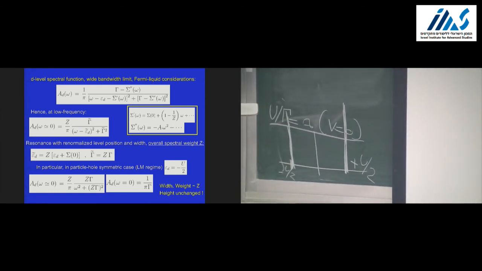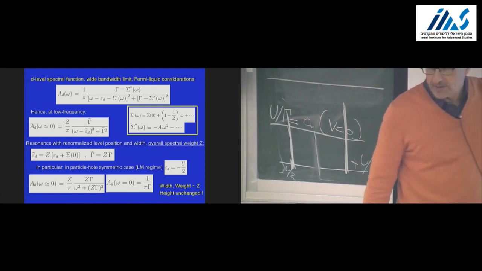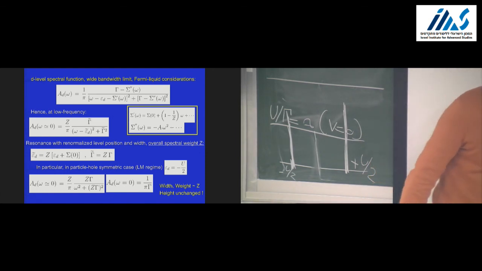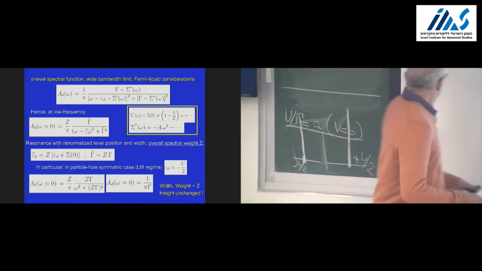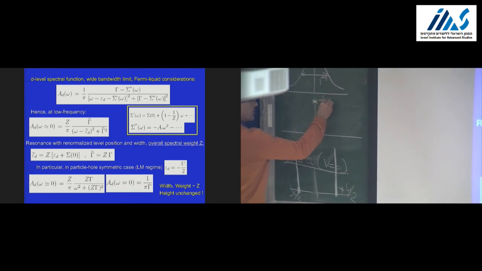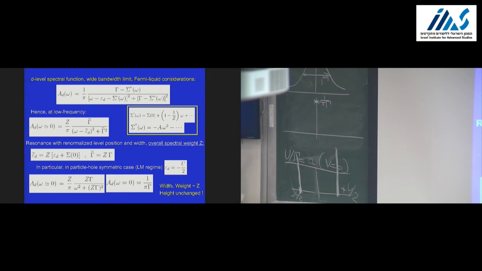What I've shown to you here, just based on local Fermi liquid considerations and the regularity of perturbation theory, is that in between there should always be something here, right? And that this something actually has this remarkable property that if you look at omega equals 0, z completely disappears, as you see from here, and its value is exactly 1 over pi gamma. So there is something here at 0 temperature which is pinned at 1 over pi gamma, the non-interacting value,